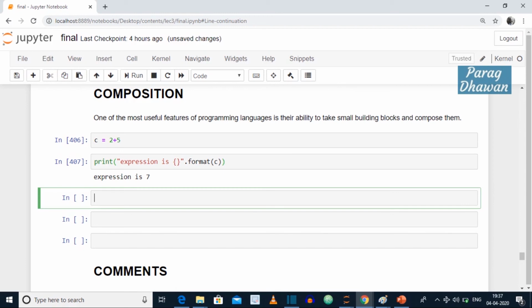The second example I want to show is you have to take input from the user and store it in some variable for processing it. Therefore I am writing input, which is a variable where the value will be stored, and then I will run the input function in which I will ask the user to enter a value.